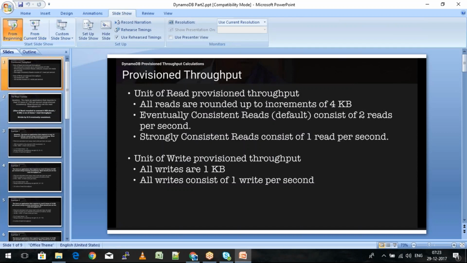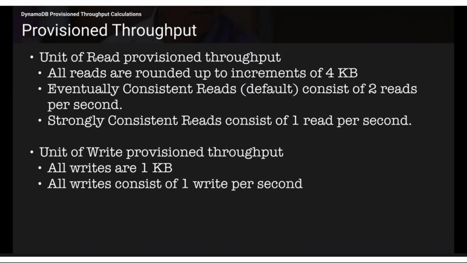Okay, here we go. As we all know, DynamoDB is priced in two ways. One is based upon the number of read capacity and write capacity units, and the second is on the basis of the amount of storage I'm going to use. Storage is a clear concept: the amount of GBs of data I put across, I'll be charged for. But how do we calculate how many read capacity and write capacity units would actually be required